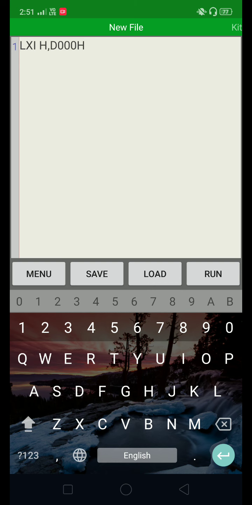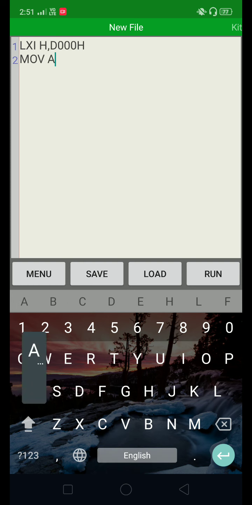Okay. So creation of memory pointer by using HL register pair. Next instruction, as we discussed, is to copy the number from the memory by using MOV A, M instruction. Now the data which is available at location D000 we are taking in accumulator by using MOV A, M instruction.